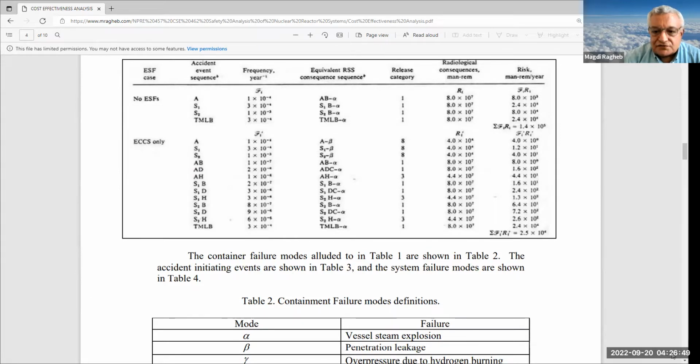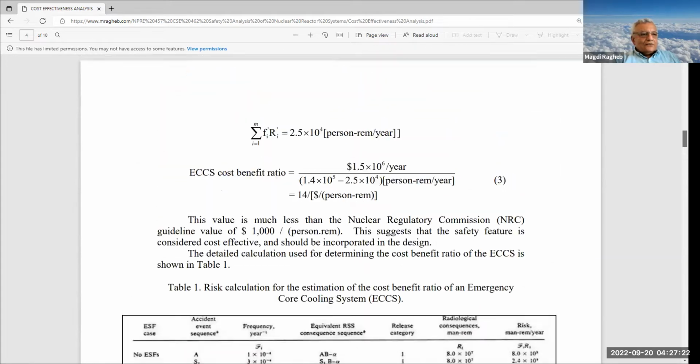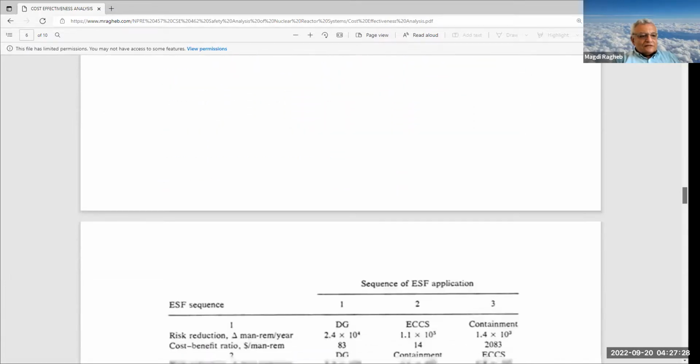All right, so that identifies for us those beginning numbers here, the AS1 and T. T stands for transient. But when we go to a more elaborate or more complicated sequence of an accident like that TMLB, there is also a terminology shown in this diagram. If you study the 3 Mile Island, for instance, the L is the emergency feed water system failure with recovery of power conversion. M is the power conversion system failure. So in that case, you could see that this MLB, after the transient occurring,